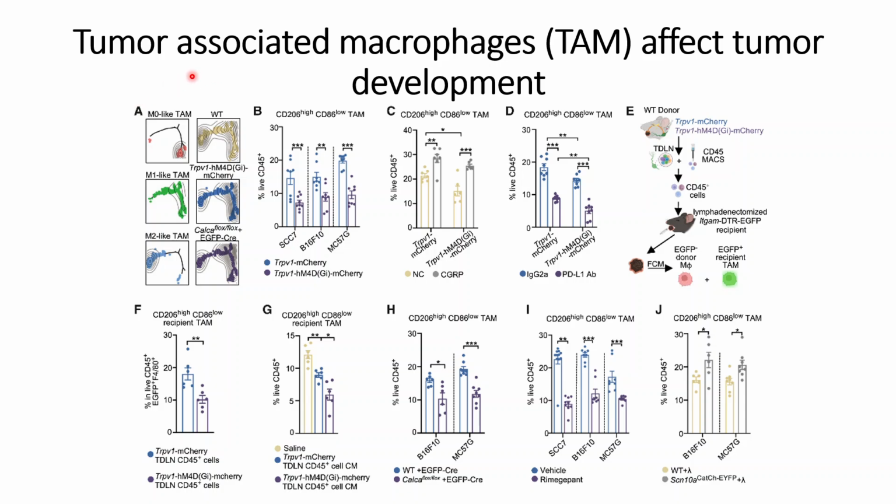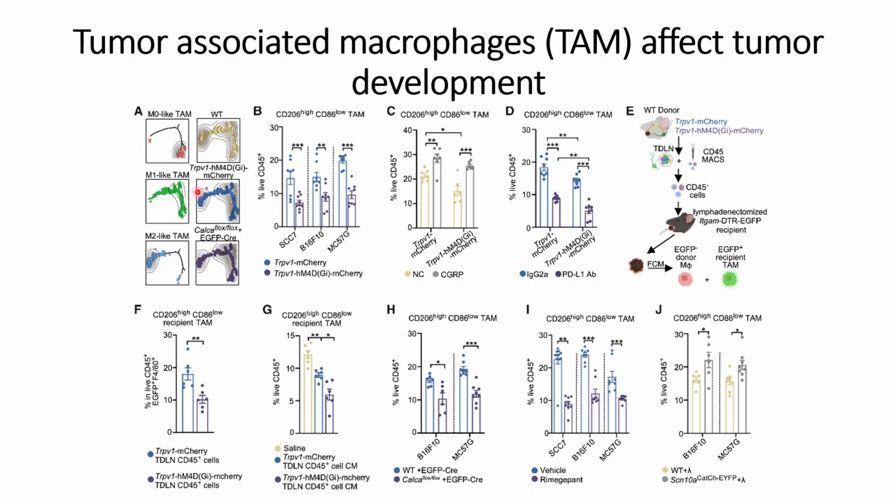In this video, we will discuss tumor-associated macrophages' role in tumor development, and how they affect it. For this, first they check the trajectory analysis of different phenotypes or lineages of tumor-associated macrophages. This is the M0-like tumor-associated macrophages. This is M1-like tumor-associated macrophages, which is more dominant towards the right-hand side, and this is M2-like tumor-associated macrophages, which is more dominant towards the